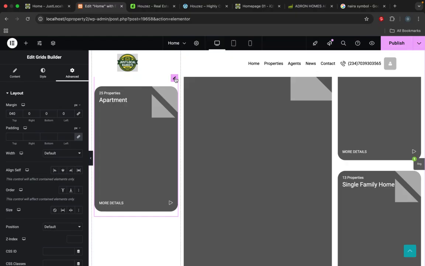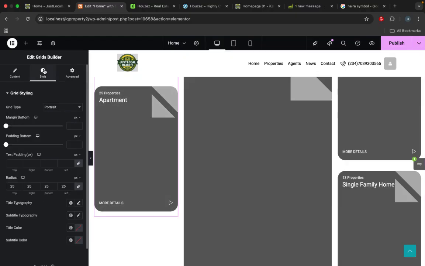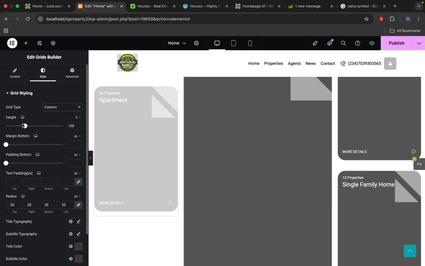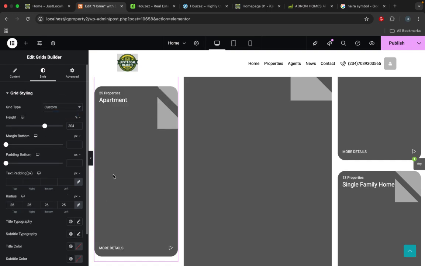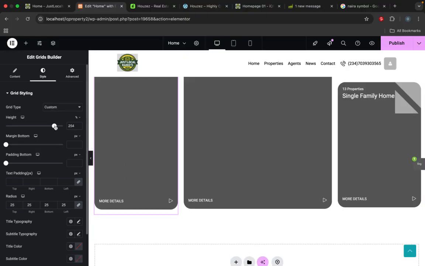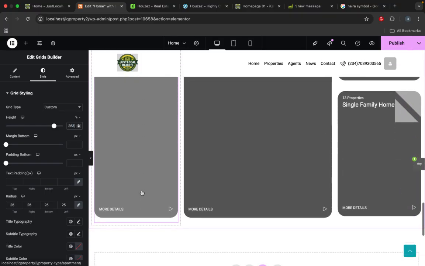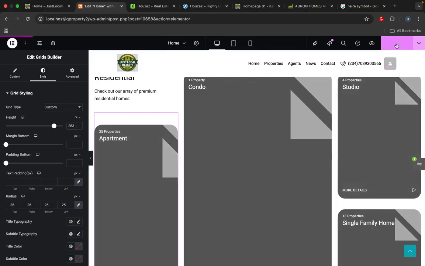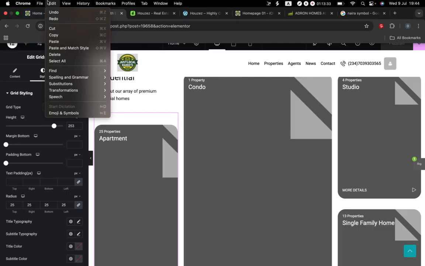So we are going to now extend this as well using style. Instead of portrait, let's use custom. Then we can now increase it down. Yes, perfect. I think that's all right. Can make it 3. Okay, now we have this, and we can save this and see what we have. So if we reload our page,